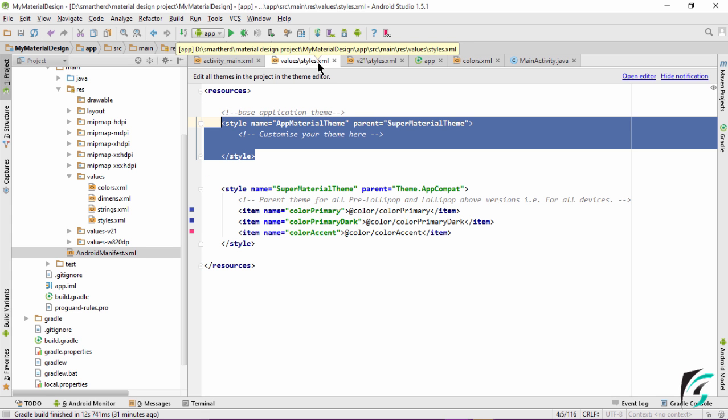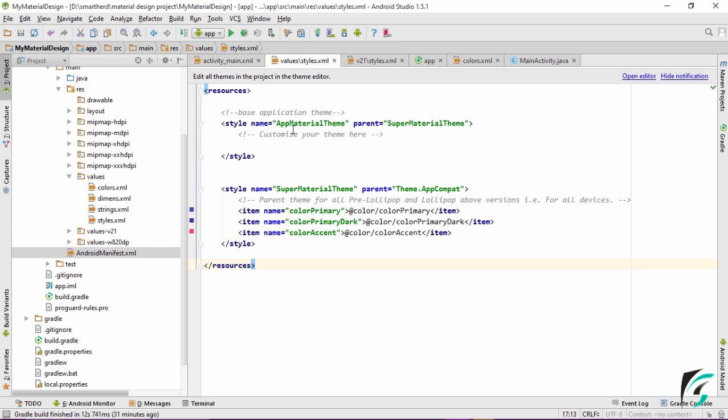Move to styles.xml. For our base application theme, the name of the theme is AppMaterialTheme, which has its parent as SuperMaterialTheme. The theme that is compatible with all the devices has the name SuperMaterialTheme and its parent is Theme.AppCompat. Now, how is this connected?